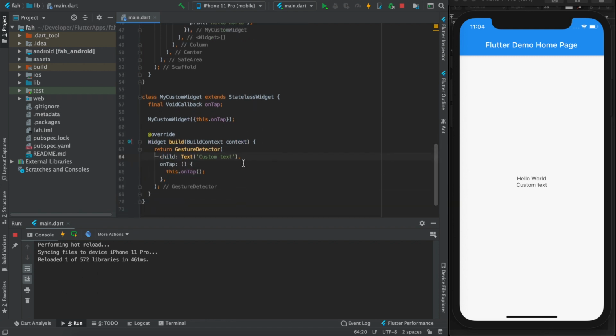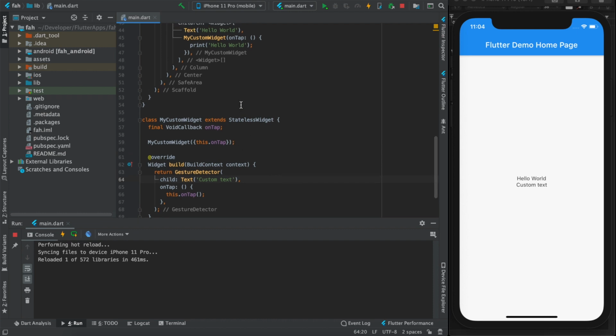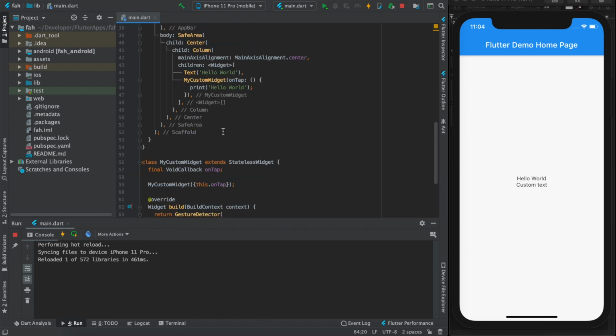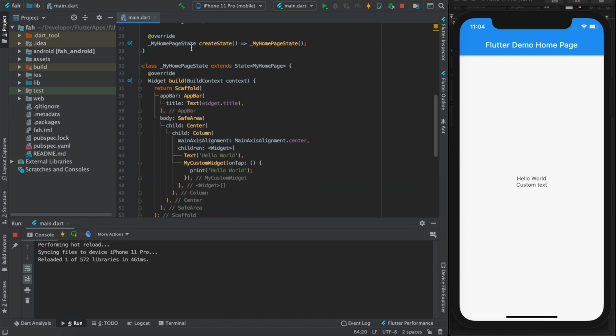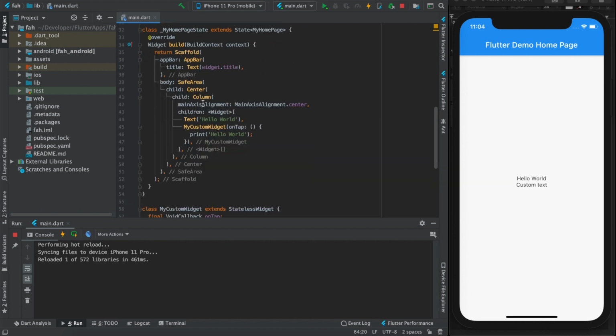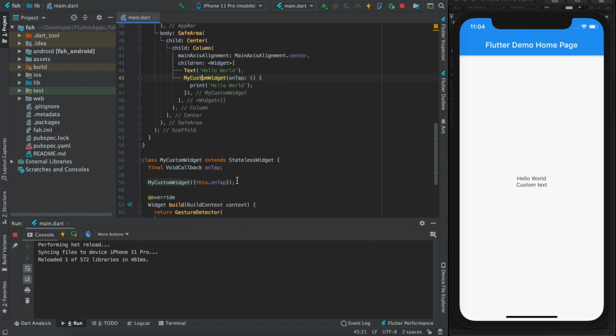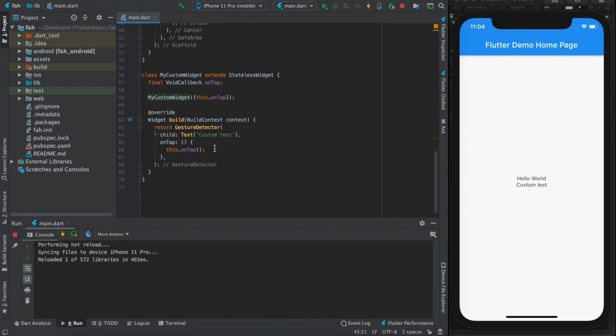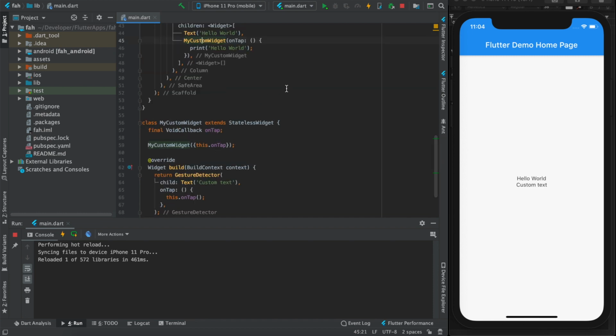Ideally, this is just for explaining to you guys how it works. The important part of this whole callback functionality is that you can define a function's body in your parent widget, like this widget, and then you can call it from your child widget. So this is the whole idea behind the callback.